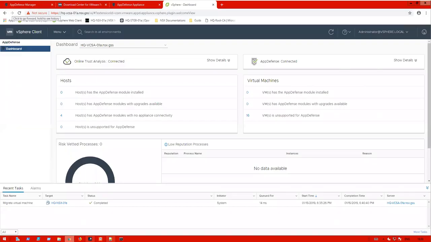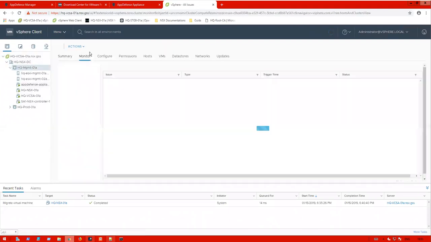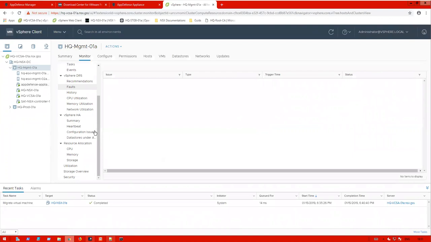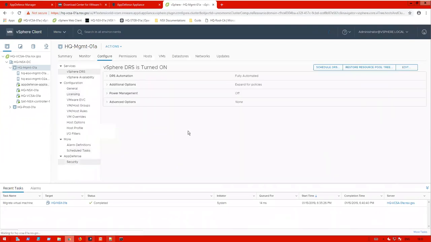Okay, so now we need to install the host models. They are required for the communication between VMs, guest model, and the appliance. In vCenter, you can install those models from the cluster. So, for example, if we go at the cluster level, we can install AppDefense from there. If we go to configure AppDefense,